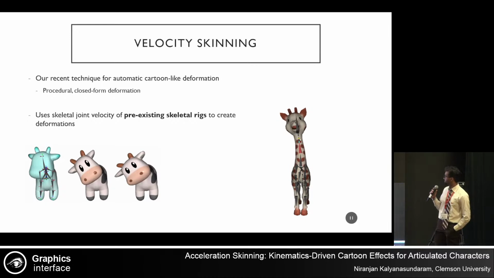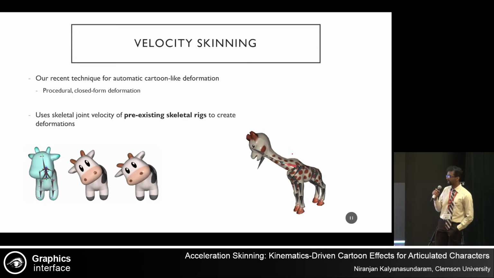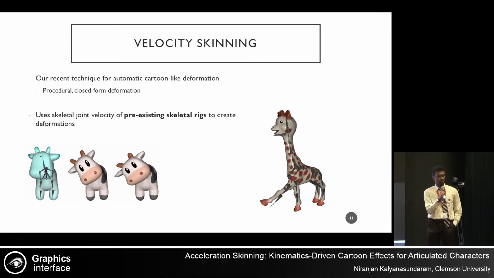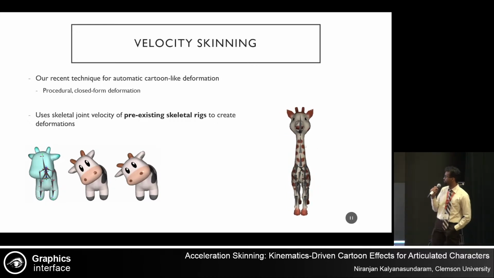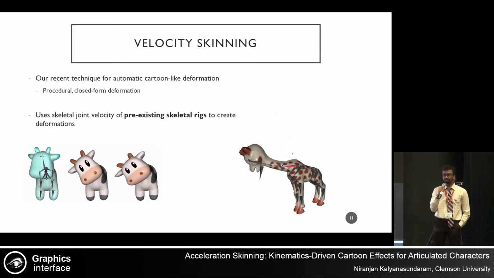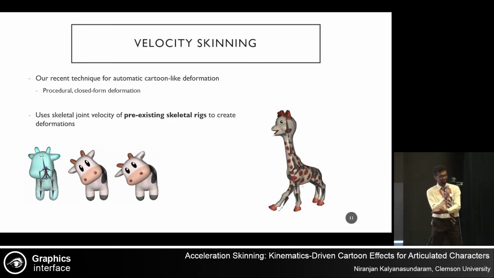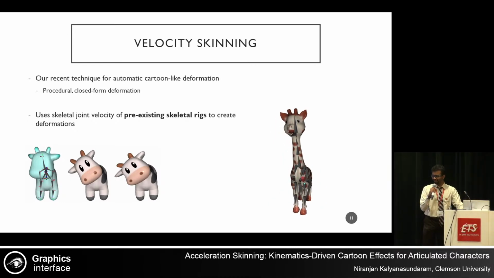And you can see from the clip playing that we do have an interactive interface that lets users get in, grab a joint, and move it around, and you can see the deformation being applied in real time. You can see the mesh is basically getting dragged and rotated behind the joint. So this is not a special rig in any way, shape, or form. It's just a run-of-the-mill giraffe rig that we found and plugged it into our system, and here's the result. So it works with pre-existing linear blend skinning rigs.